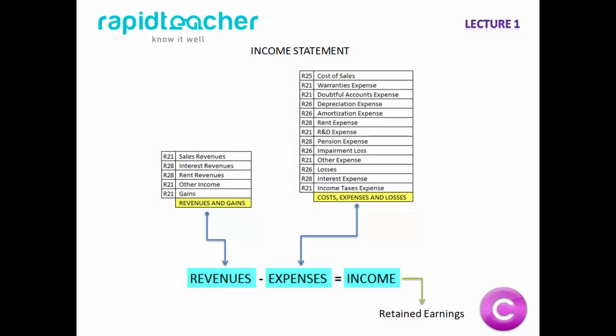For example, inventories sold are costs of sales revenues. Time use of investment property is depreciation expense. Uncollectible accounts from customers are provisions for bad debts. Or research and development for new products are expenses incurred. Furthermore, interest owed to creditors or taxes owed to the government are also expenses, while investments or early debt retirement